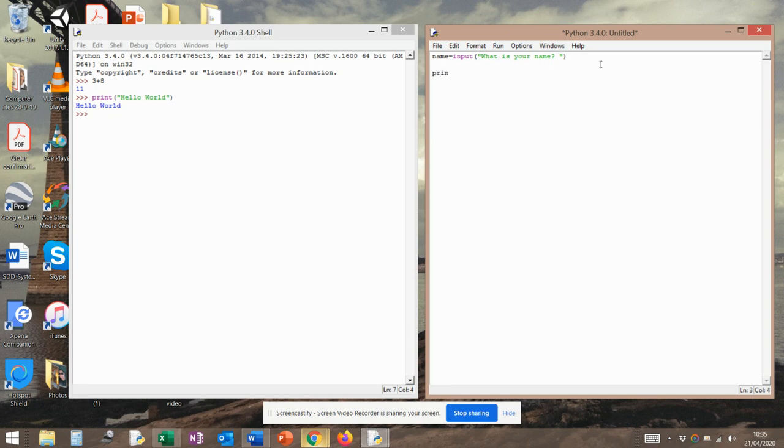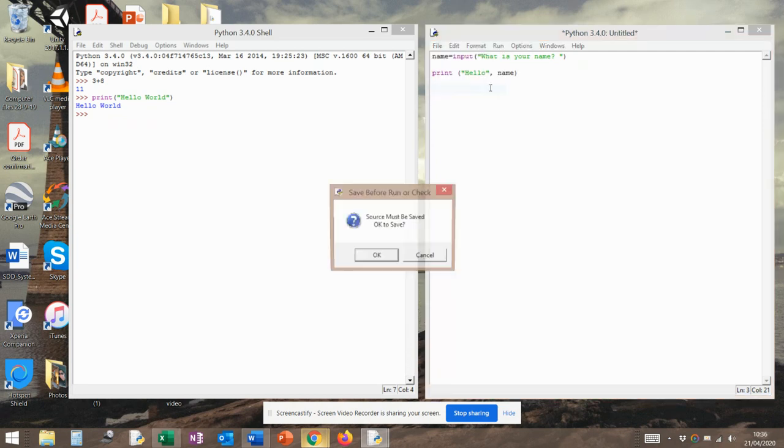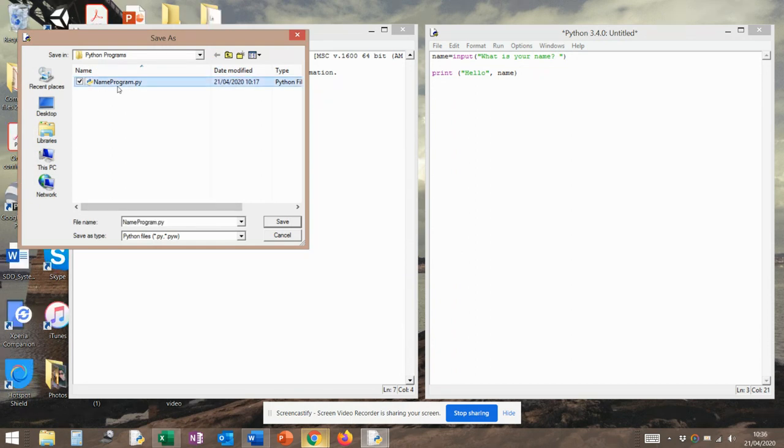And then what we're going to do is print out the string hello, and then we're going to print out our variable attached to that string. So whatever it's going to be is hello, and then whatever that name is input into the program. Two lines of code, we can run that. It'll ask us to save it to start with, and then I'm just going to save it over this name program. So call it name program,